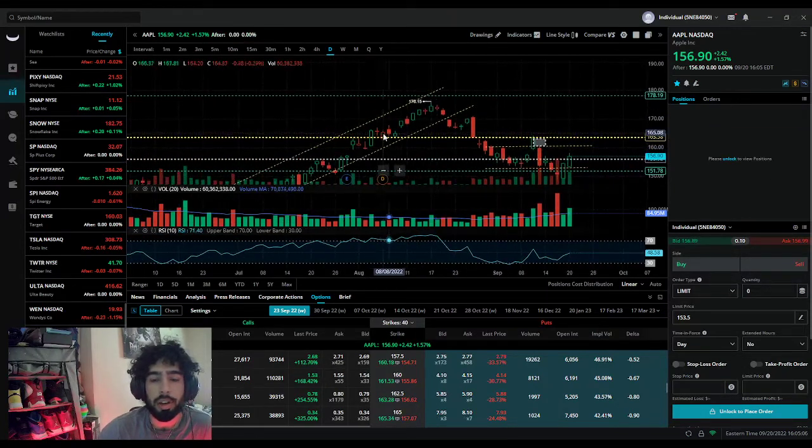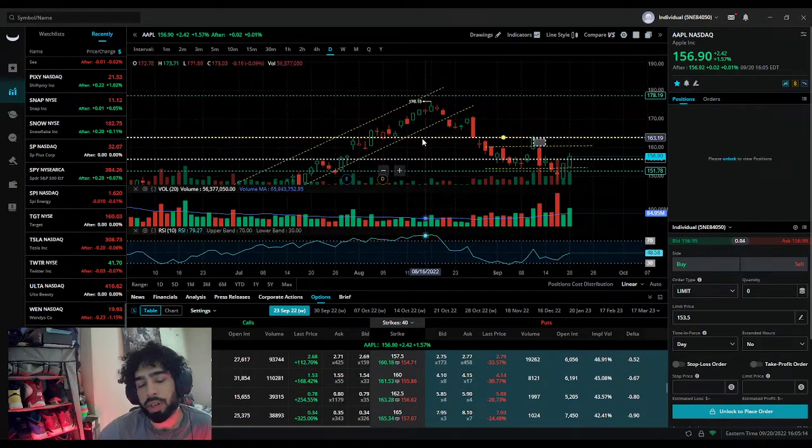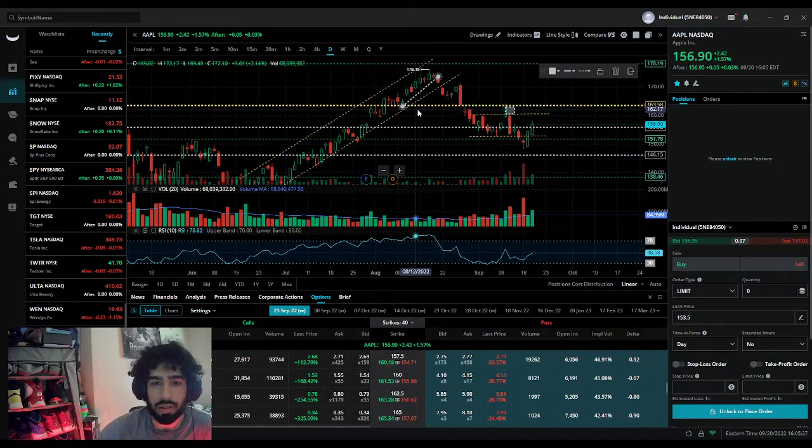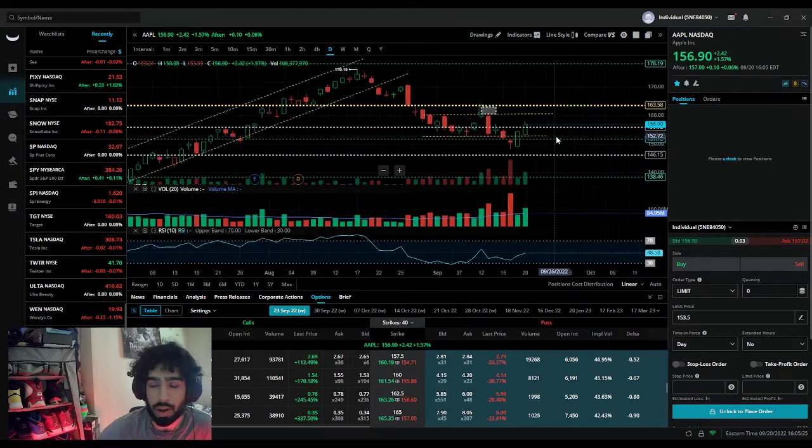So you see right here, the stock price went up to 1868, went down. It held support, which means this is the area that determines whether the stock is going to go down or up, and it held it, so it went up instead. It could either go up or down though, depending. If it breaks support, it means it goes all the way down. If it holds support, it means it's going to go up. We can see here though, it held support